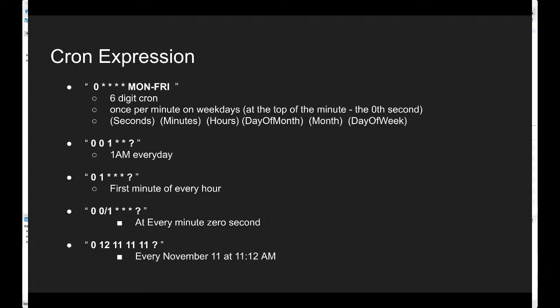The first one basically indicates seconds, second one indicates minute, third one indicates hours, fourth one indicates day of the month, like 1st of August, 2nd of August, 3rd of August, like that. And the fifth one indicates the month, like which month we want to schedule it, and the last one indicates the day of the week, on what day of the week we want to run it. So that is what this cron means.